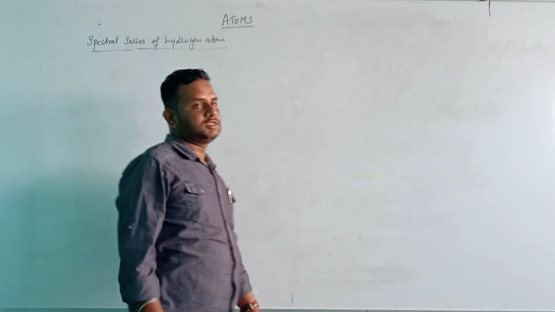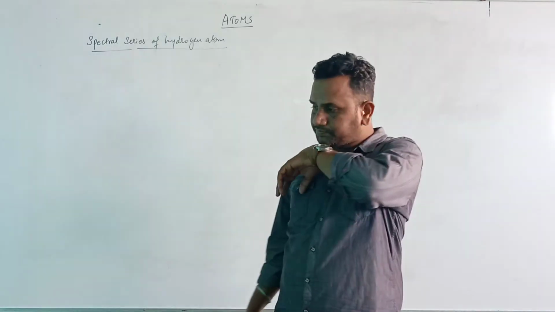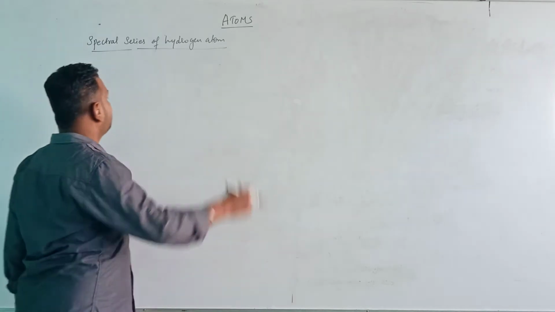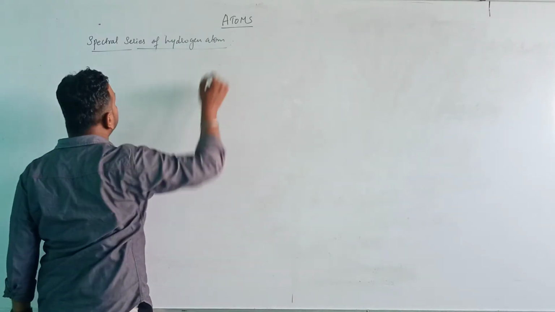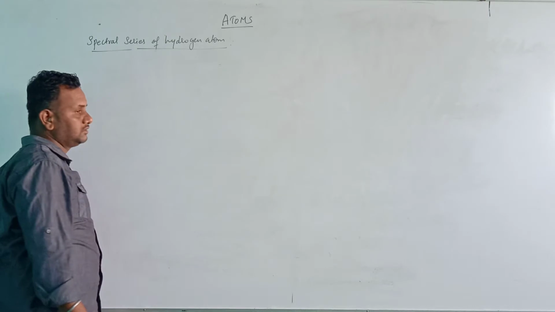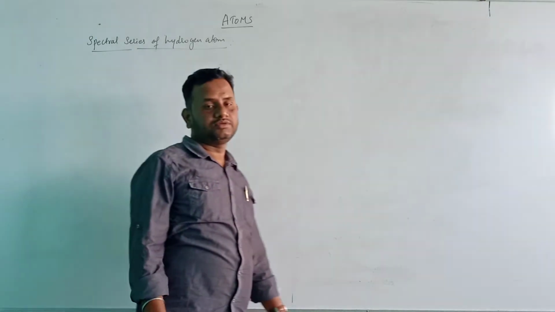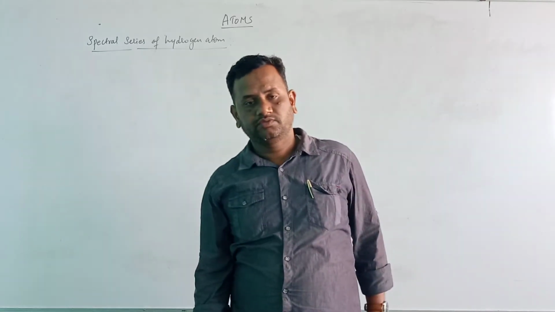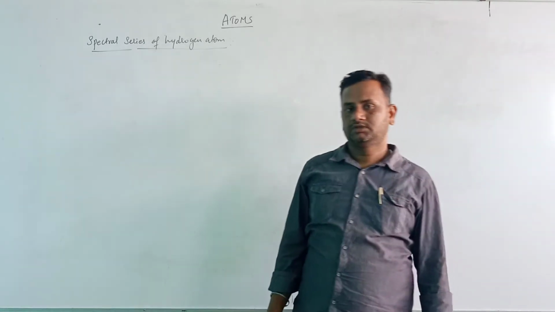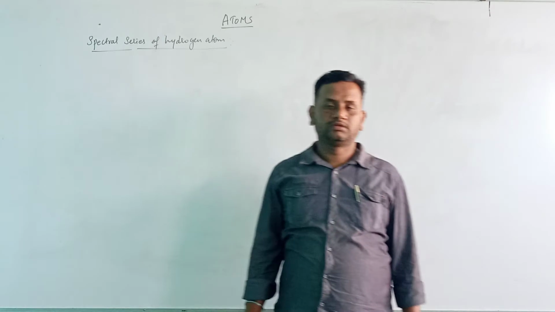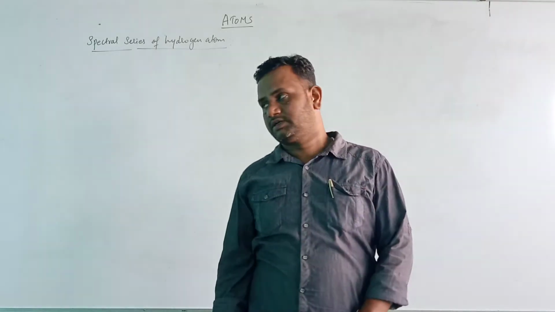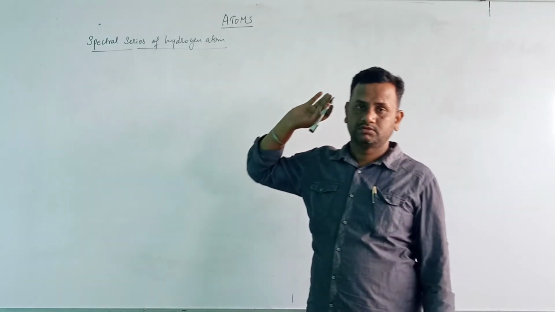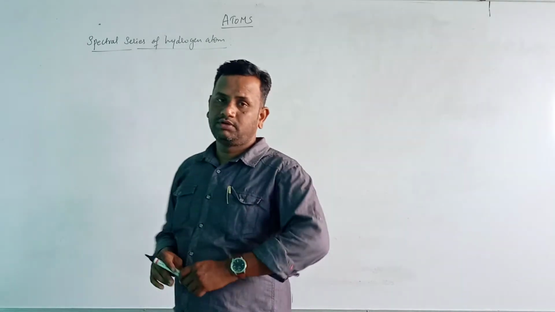So in spectral series of hydrogen atom, we are going to discuss about the different types of spectral series which are obtained during the emission of spectrum of a hydrogen atom. Okay. So as we know that